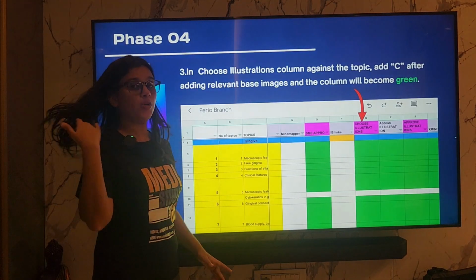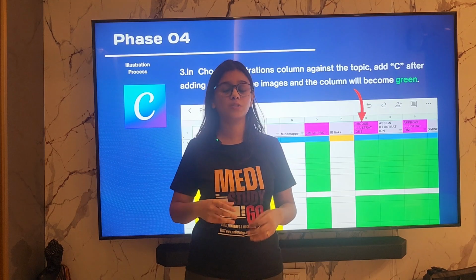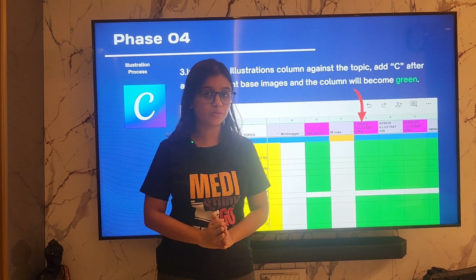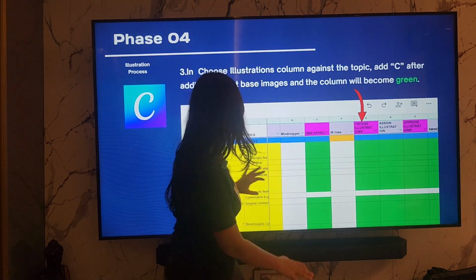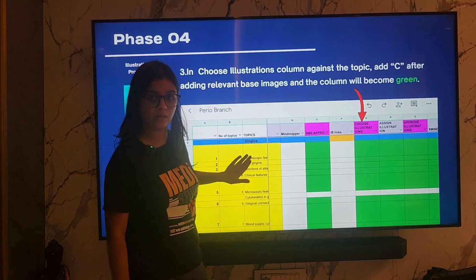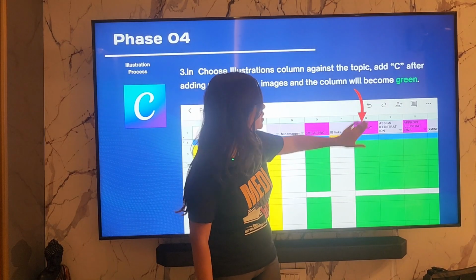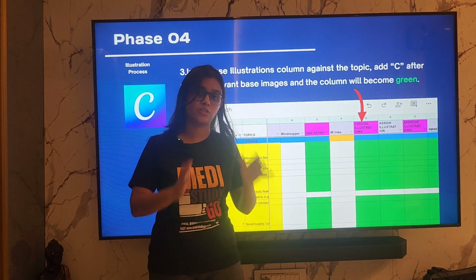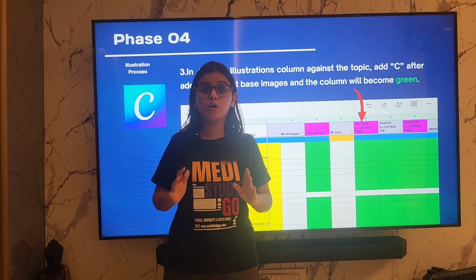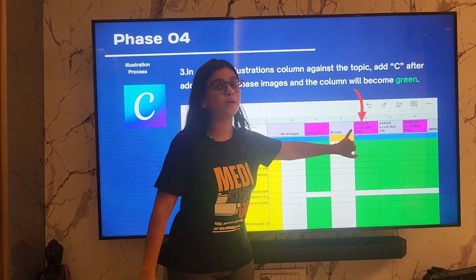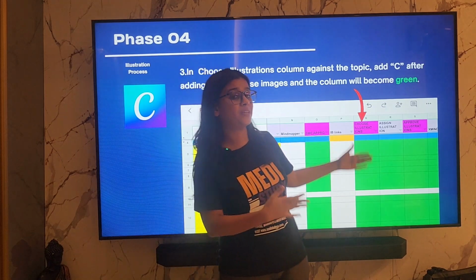While you do it, you have to make sure that your Excel sheet is the area where you track everything you do, because there are so many topics, you are bound to get confused. Suppose I chose illustrations for topic number 1.1. I have to make sure that I put my C over here so that it turns green and the percentage increases. This is after I choose the illustration from the internet, the base image. I have not even assigned it to the illustrator yet, but I'm still going to track it on this Google Sheet, because at the end of the day, it will give you a lot of pleasure when you see that the percentage is increasing.